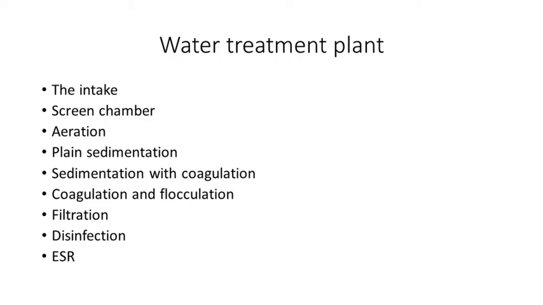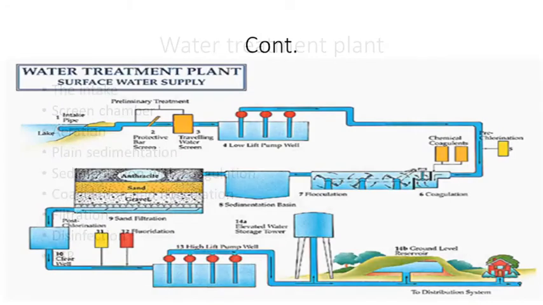After that, the next treatment methods are filtration and disinfection. You can see the water treatment plant units. The first one is a lake, which is the water intake source. After that is a protective bar screen, which is for the removal of floating solids. And after that, sometimes pre-chlorination, which is for the removal of bacteria. Basically, you can use pre-chlorination, and after that you can also use post-chlorination.